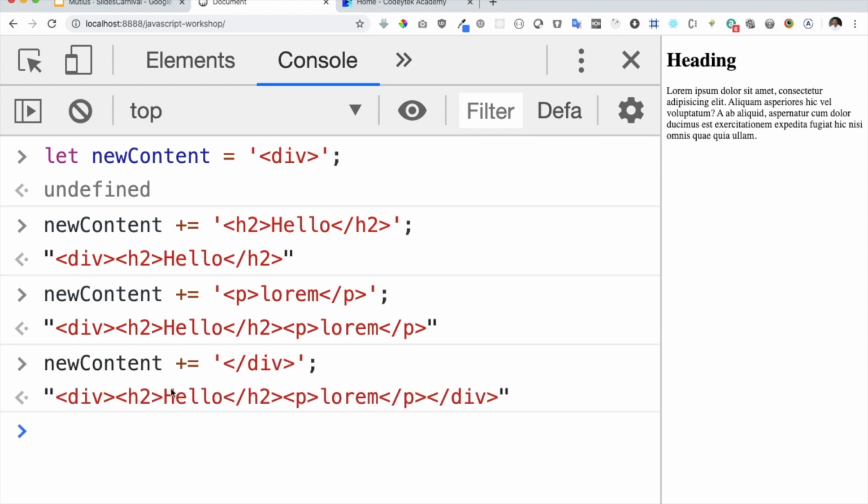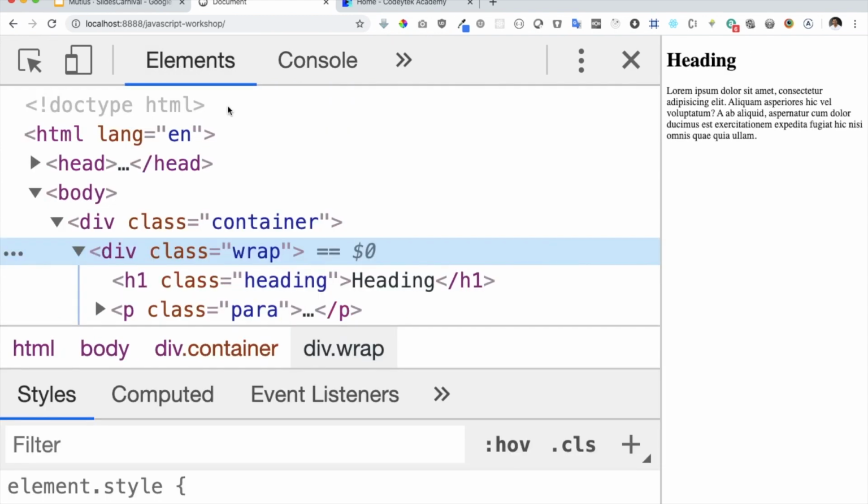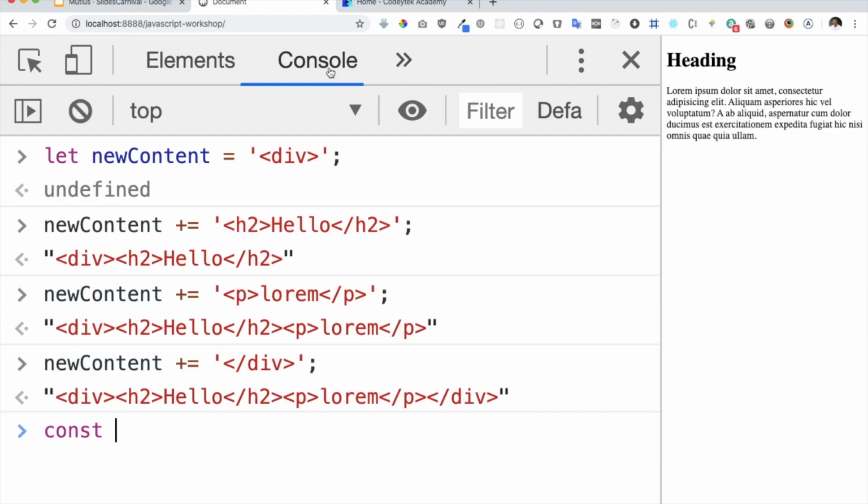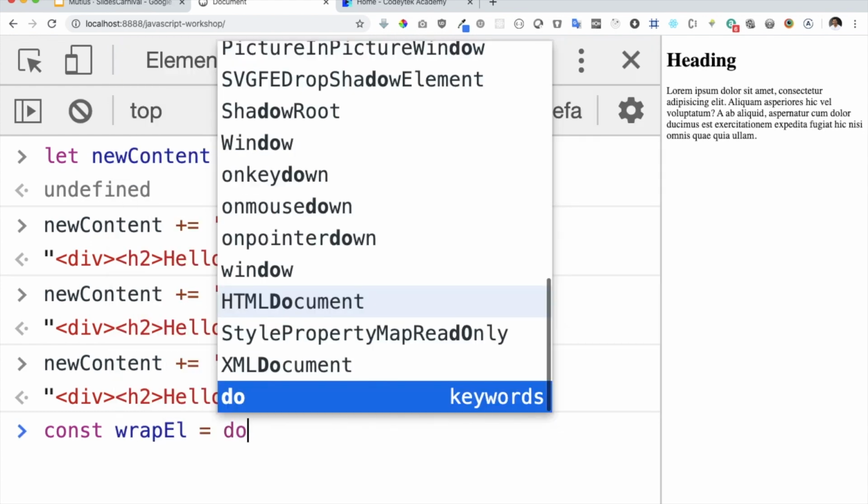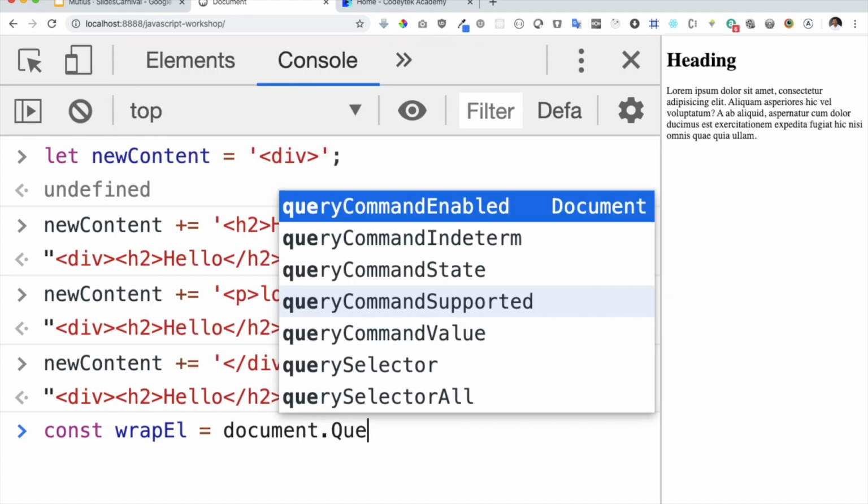Okay, so finally we have this content. We have a div inside of which we have a heading tag with some text, and then we have a paragraph tag. What if I want to replace this entire thing with this? You can tell me what we can do. The first thing is to grab hold of the wrapper of this, which is this element right here. So we'll grab hold with the help of the class name. So wrapElement equals document.querySelector,